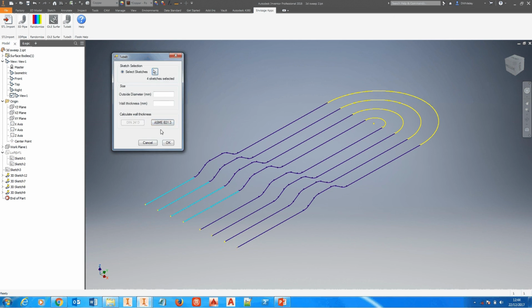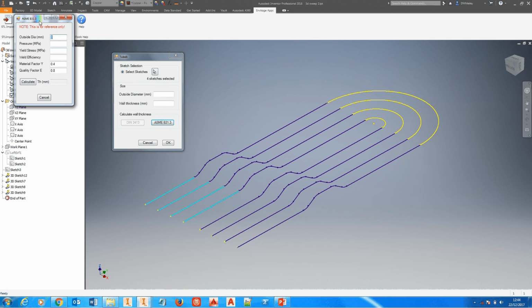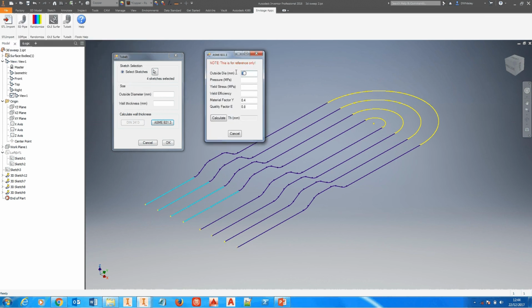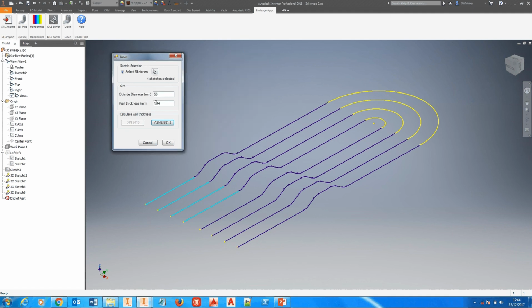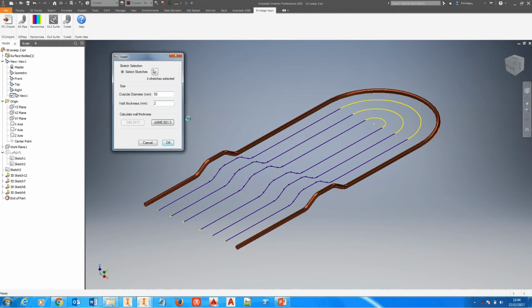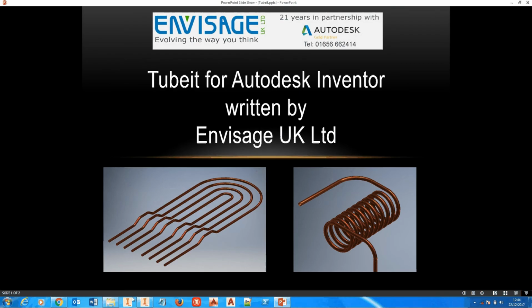We've also added an ASME wall thickness calculator as well, so you can actually put in the OD, the pressure, the yield strength of the material, the weld efficiency, and then go ahead and calculate the thickness, and that'll actually add the wall thickness to the material. I'll just round it up to 2 in this instance. Click on OK, and then that adds the